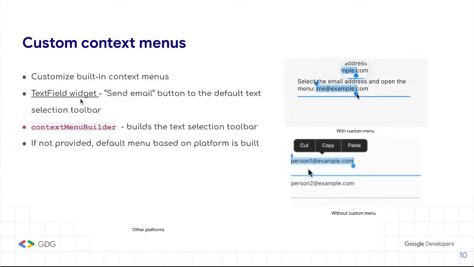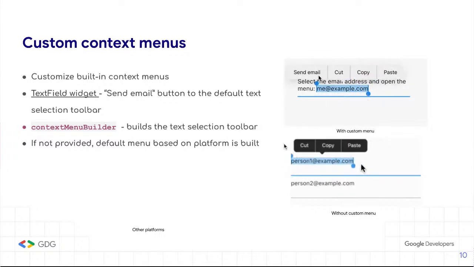And it's mostly used with the text field widget. I'm using it here with the text field widget. Once the text is entered in the text field, you can check if that text is of the format email. You can apply a regex and check that. And if it is of the format email, then